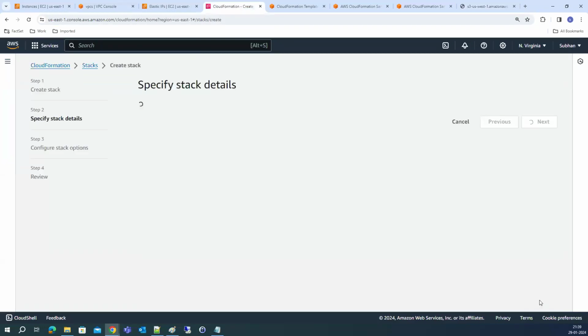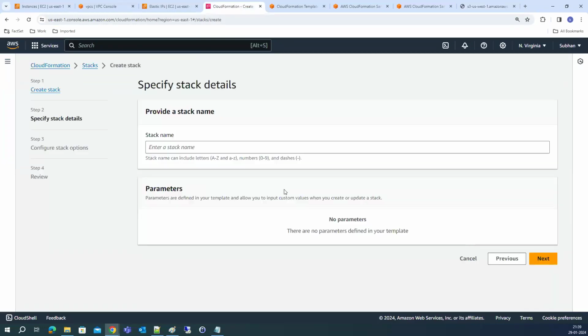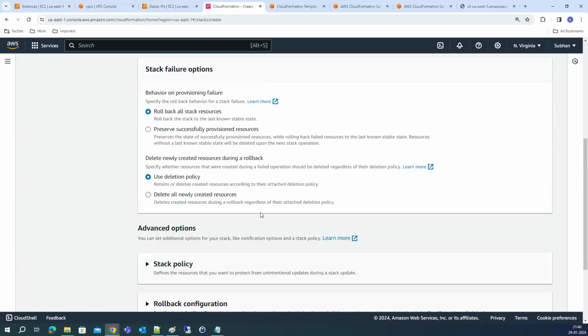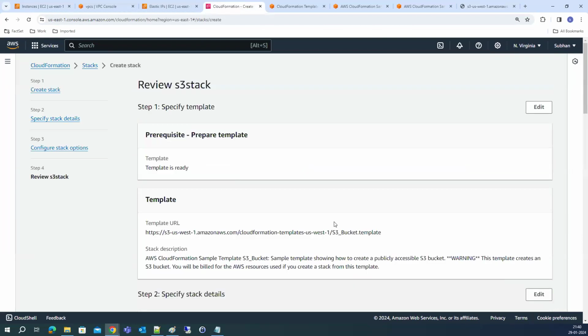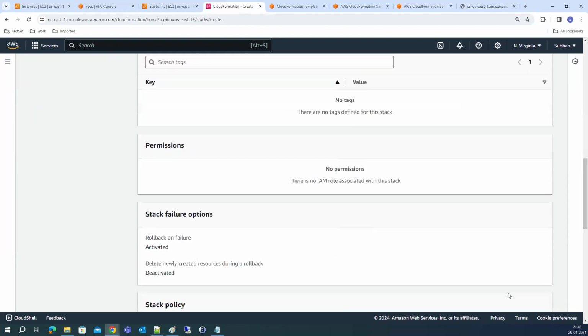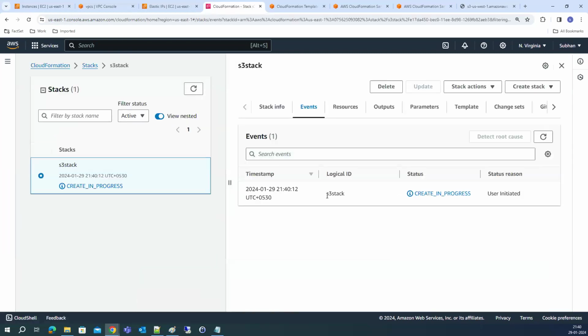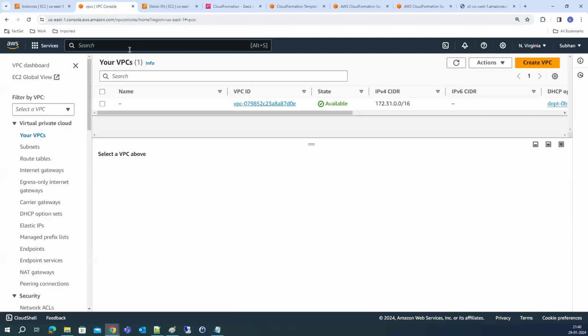Click on next. It is asking for a stack name. Just provide a stack name called S3 stack. Click on next, the remaining are optional, just click on next, and submit. It's trying to create an S3 bucket. If you go to S3,